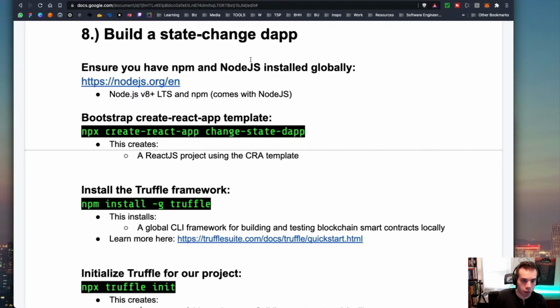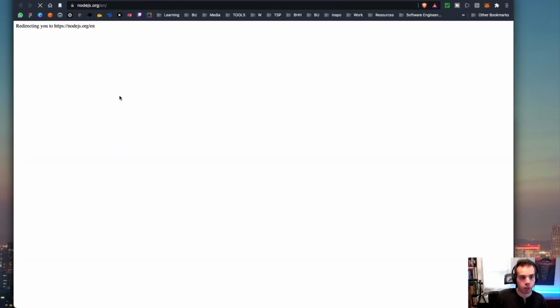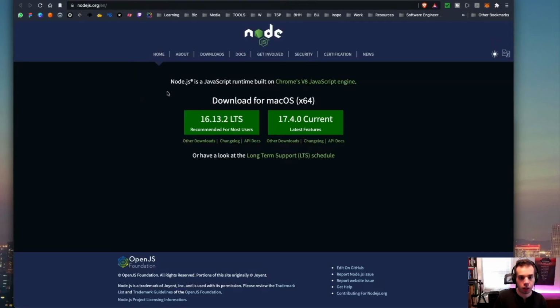First of all, you definitely need NPM and Node.js installed globally. You can just go to the nodejs.org website, and it looks like this. You're going to be installing a version of Node.js that will live on your computer, and that's how you're going to be able to work with the Node package manager to install dependencies and run the development server with React or Next or any of the front-end frameworks you end up using. I have the LTS version, which is the one recommended for most people because it's the most compatible with long-term support.